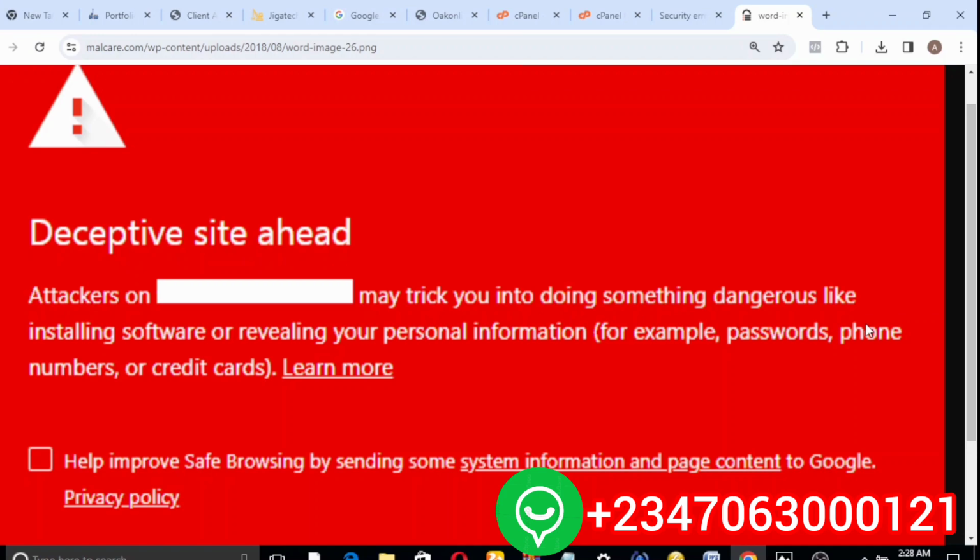The reason why your site shows deceptive site ahead is if your website is used for scam purposes. If your website is used for scam purposes, your site risks showing deceptive site ahead. If your website is used for phishing, it risks showing deceptive site ahead, right? So if your website is also used in collecting private information from people illegally, it also risks showing deceptive sites ahead, right? Before now it was not rampant, but I think